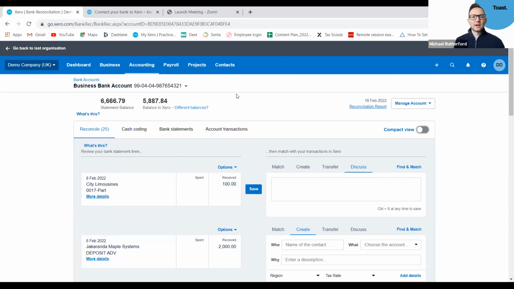From our point of view, I hope that this has given you a good insight into how powerful cloud accountancy software can be, and basically shows some of the benefits that it can bring. Obviously, that is a very, very quick overview in terms of invoices, bills, bank reconciliations, but it does give you a flavor of how easy it makes things and how intuitive the system is. So Daniel did an excellent job there in terms of demoing how easy it is to reconcile transactions, which can be a pain if you're doing them in other ways.